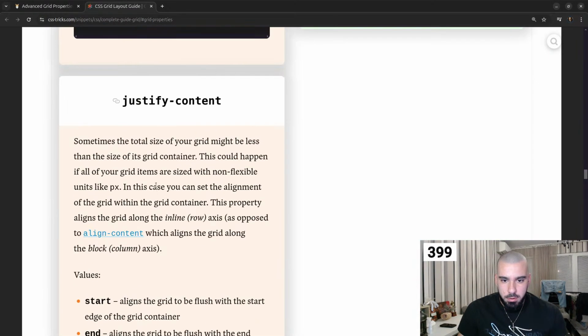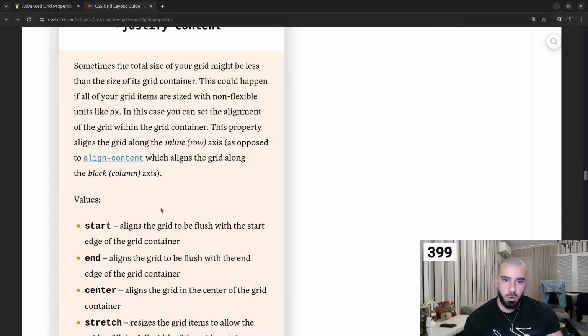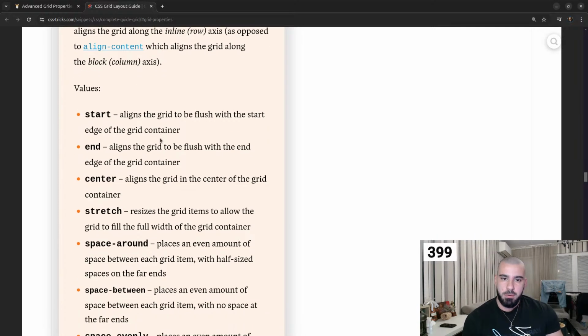Justify content. Sometimes the total size of your grid might be less than the size of the grid container. This could happen if all your grid items are sized with non-flexible units like px. In this case, you can set the alignment of the grid within the grid container. This property aligns the grid along the inline row axis, as opposed to align content, which aligns the grid along the block column axis. So we have value start, which aligns the grid to be flush with the start edge of the grid container. So this aligns the whole grid. End aligns the grid to be flush with the end of the grid